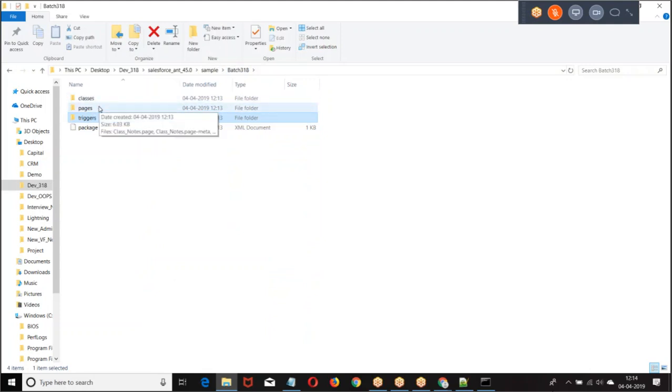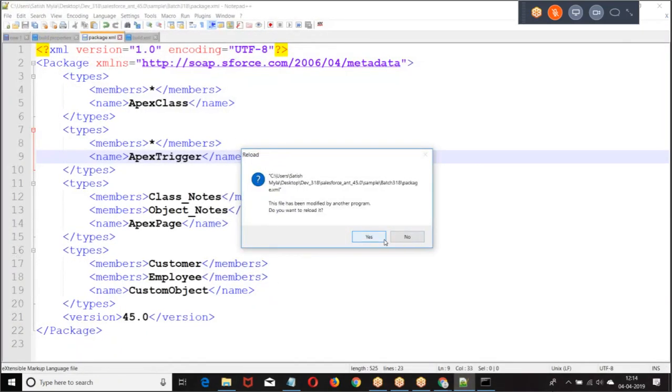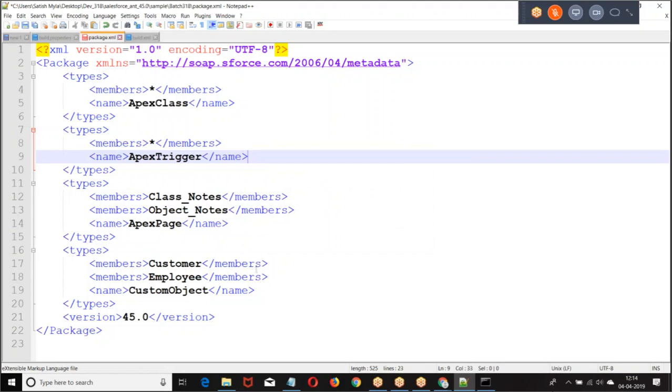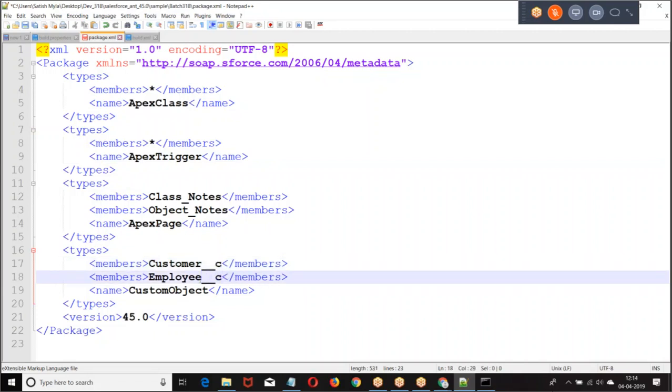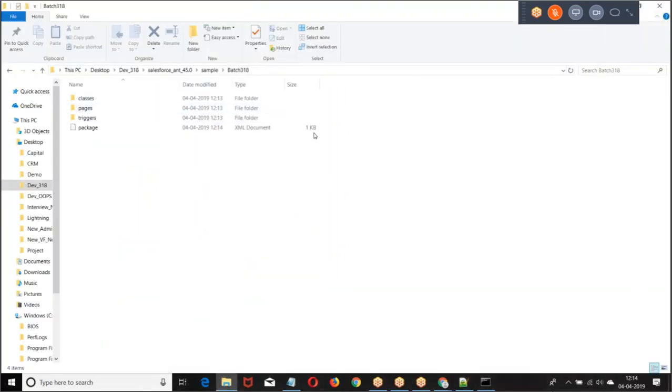There's something wrong with the object. Objects are not fetched. This is how I have mentioned the things. I hope you are good with this. Clear with this one? Now, what are you supposed to do? It is not customer. It is customer underscore. That's where the mistake has happened. Okay, now once again I'll repeat. This is for fetching. I want to deploy.